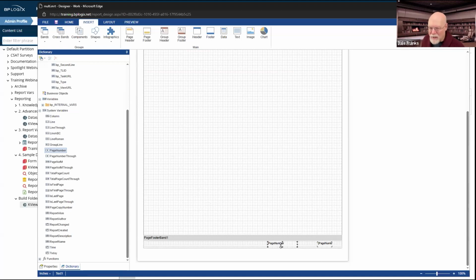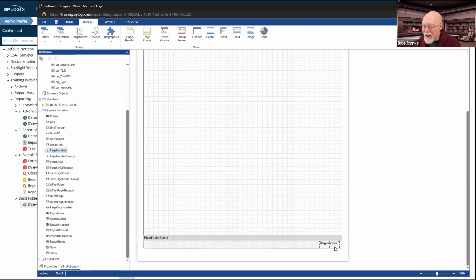One is just a text box that says page number. Well, I don't really need that, so I'm going to get rid of it. The other one, however, you will notice is inside curly brackets. So much like Process Director, the reporting component itself uses curly brackets to specify what a system variable is. And in this case, it's the page number system variable.